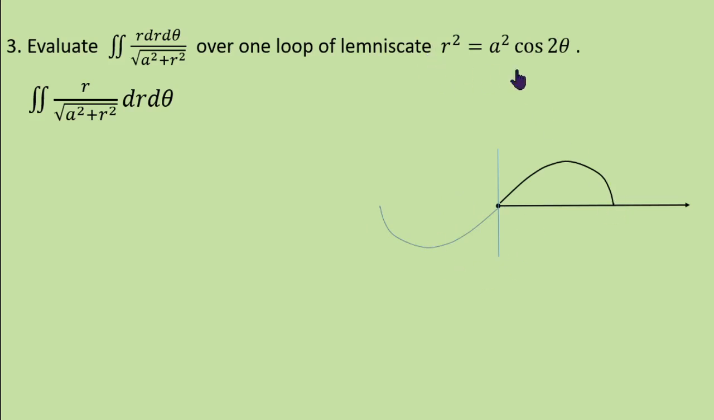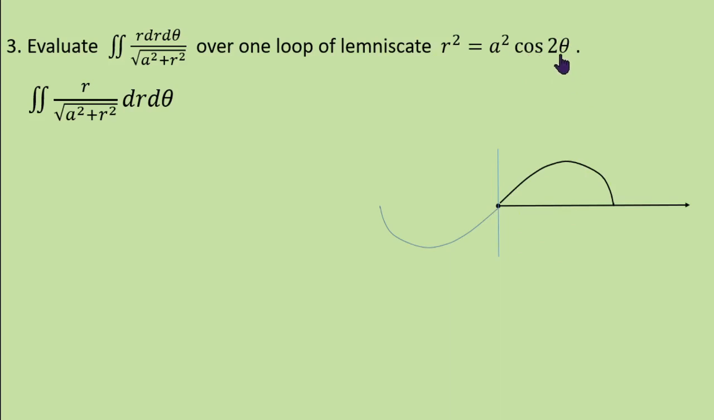When theta is 0, r is either a or minus a. And similarly, when theta is pi by 4, r is 0 or 0. And take any angle between 0 to pi by 4, then r is here or here. That means plus or minus. R square is a square into some number. And similarly, when theta varies from pi by 4 to 3 pi by 4, or here 5 pi by 4 to 7 pi by 4, in this area,